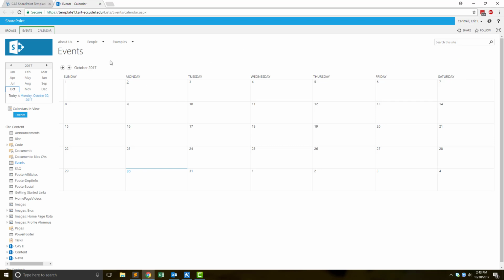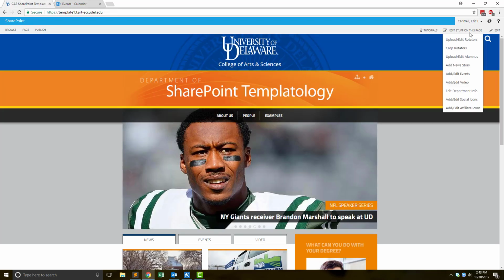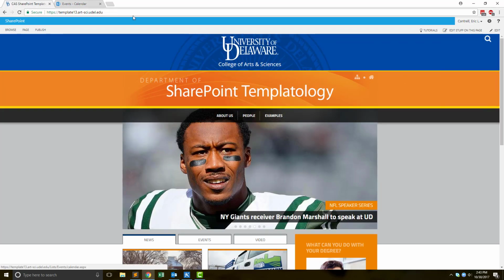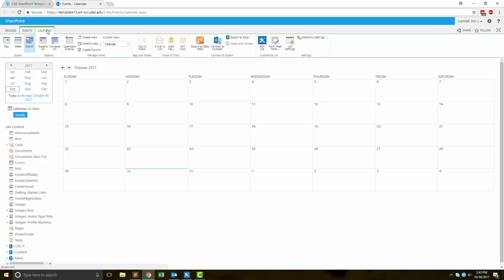So I'm going to use the events calendar for an example. I'm just going to open up the events calendar. To get there, I went to edit stuff on this home page, add edit events. And I'm going to come over to the calendar tab. This might say list, it might say library, but it's going to be the third tab in any setup. And you're going to come over here and find alert me, and you're going to say set an alert on